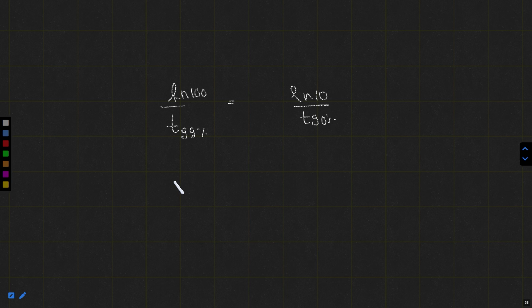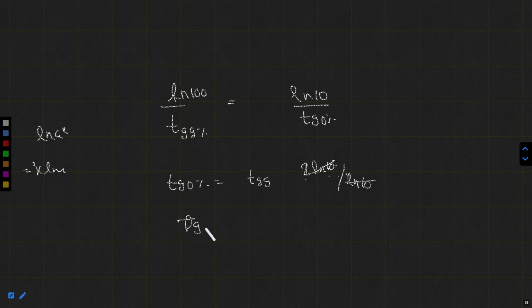Now let us cross multiply this. So T90% is equals to T99% ln 100 by ln 10. Now ln 100 can be written as ln 10 to the power 2, and ln a raised to the power x is written as x ln a. So this will give us 2 ln 10. This ln 10 will be cancelled. Therefore, this will finally give us,